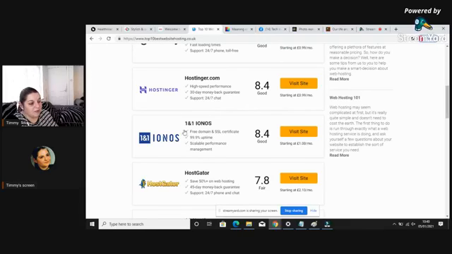For example, in Ionos, they say you get a free domain and SSL certificate. However, I'm paying £5 a month, and they made me pay like £68 a year for an SSL certificate, which is actually the thing that gives you the lock on your website, which makes your website safe for the people who log in. It's really important to have an SSL certificate, because if your audience have